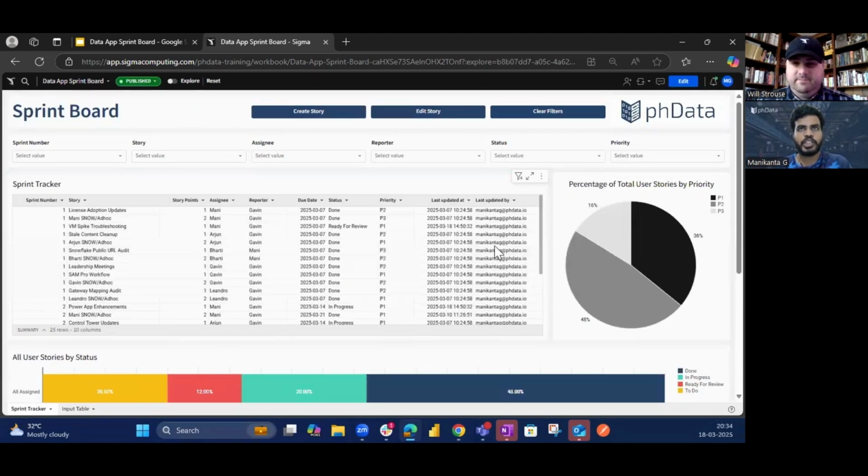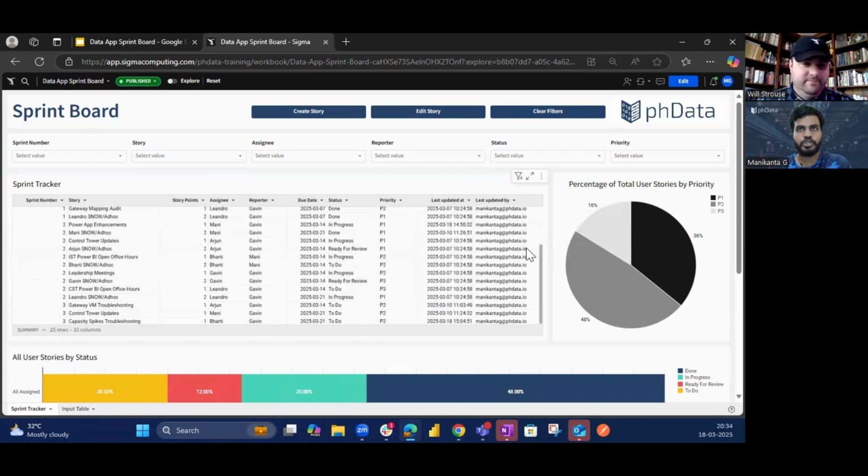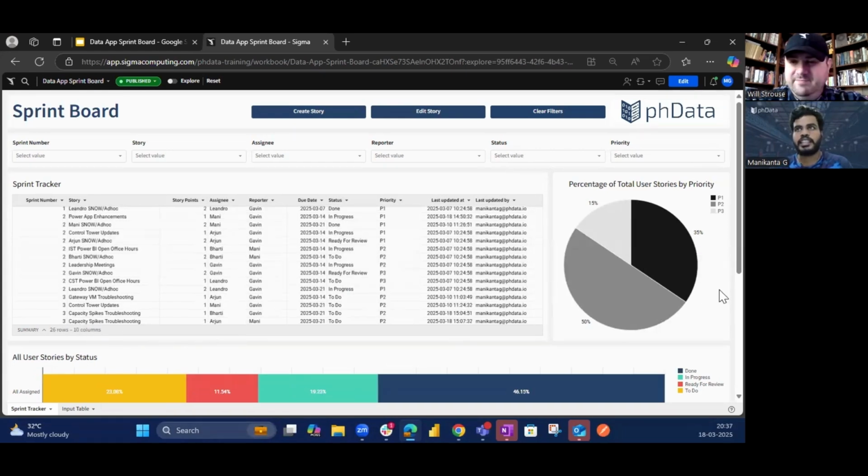Once you click on this create button, a new user story is added to the sprint board. You can see that the user story which we have created has been added as a record in this table. You can also notice there are a couple of other visualizations in the sprint board data app which